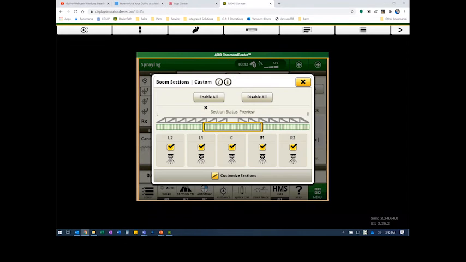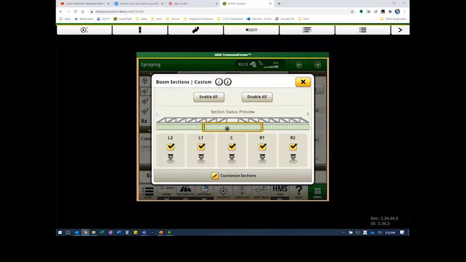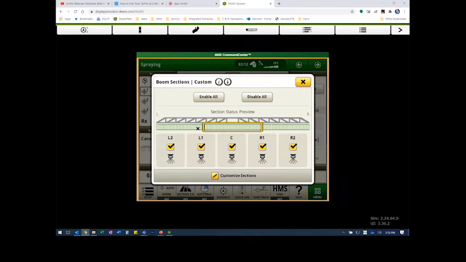this is going to take me to boom sections. Now, because we have an ExactApply sprayer, ExactApply sprayers don't have section valves out on the boom. Now, section valves are essentially operating as the individual nozzles with ExactApply, so I can customize how many sections my machine has. This one's currently set up where it's got 13 sections, excuse me, and we can customize that if I want 96,